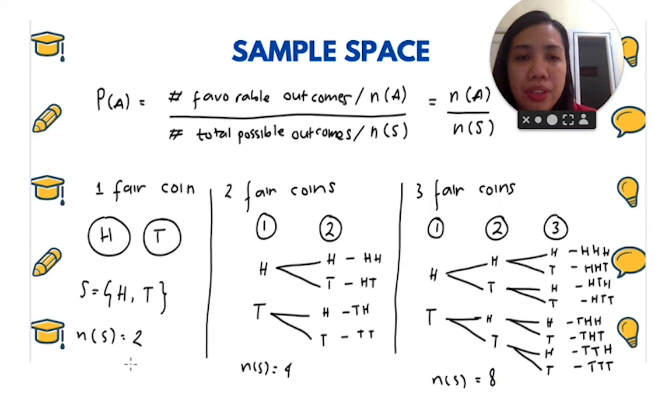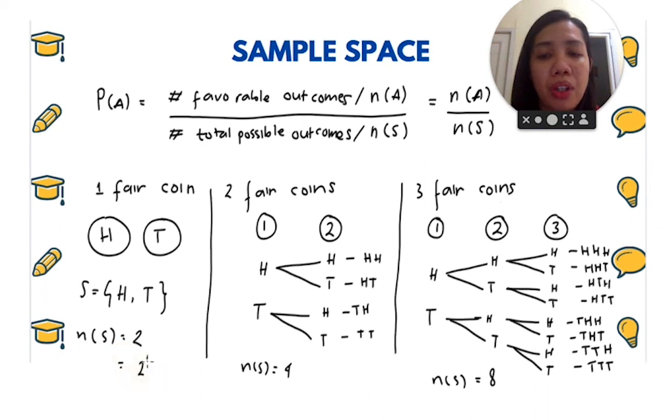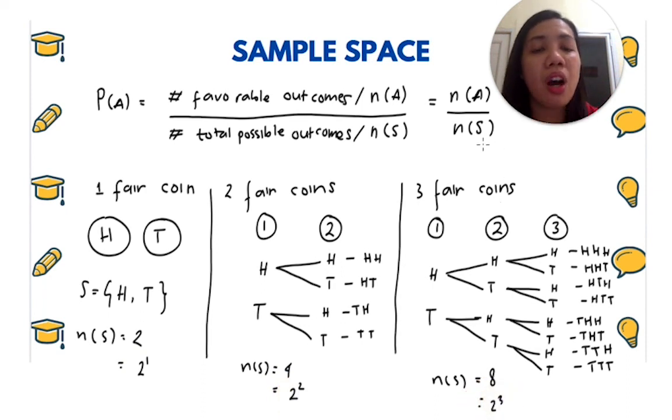Now here we have 2, here we have 4, and here we have 8. This is for one coin, this is for two coins, this is for three coins. Do you see any relation between the number of coins and N of S? We can see that 2 is 2 to the power of 1, 4 is 2 to the power of 2, and 8 is 2 to the power of 3. So it depends on how many coins we have. If we have 5 coins, then N of S will be 2 to the power of 5. If I have 10 coins, then N of S, the number of total possible outcomes of 10 coins, is 2 to the power of